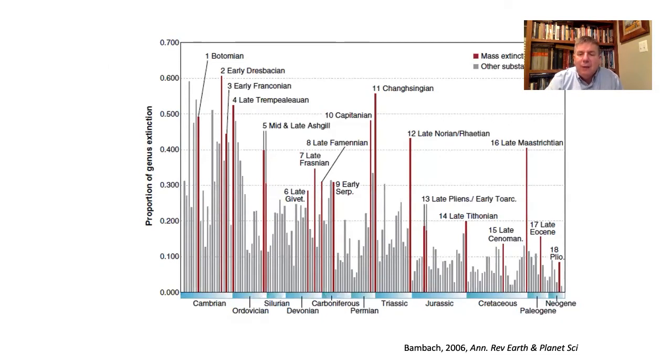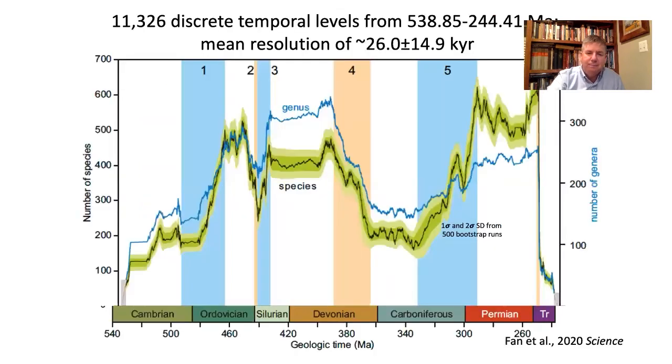A more detailed look at this kind of data shows that these biodiversity crises go far beyond the 5 that are popularly known that I showed on the previous slide. This shows 18 events over the same period of time, the last 600 million years, that are outlined in red, each of which has heightened extinction relative to the surrounding intervals of time.